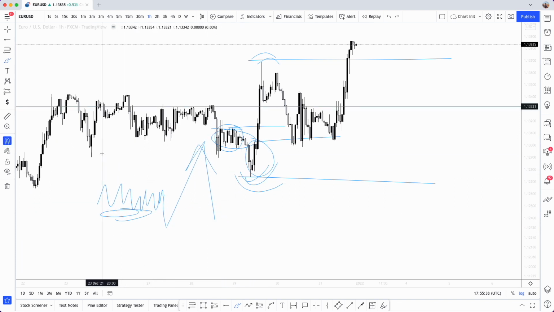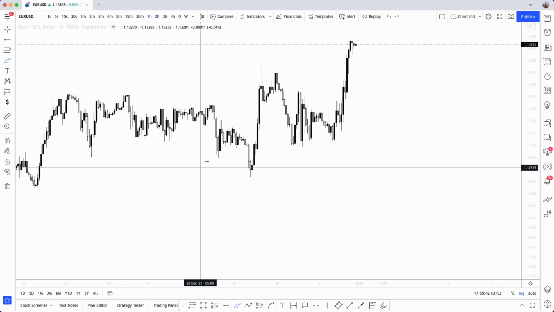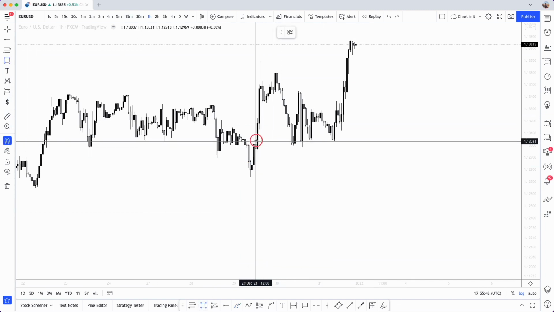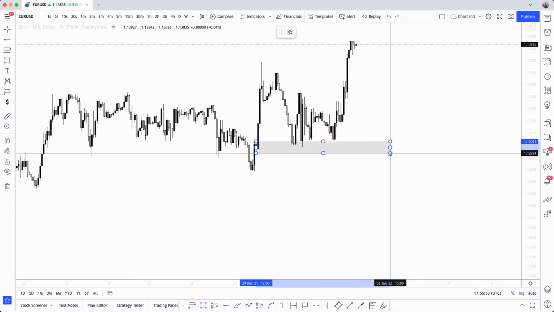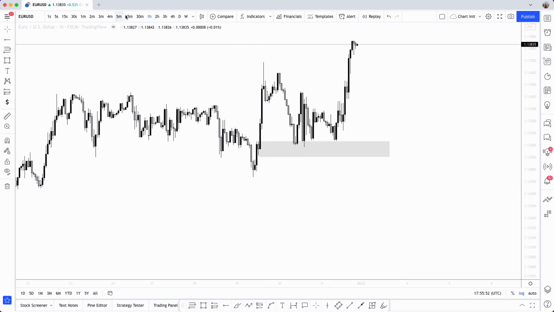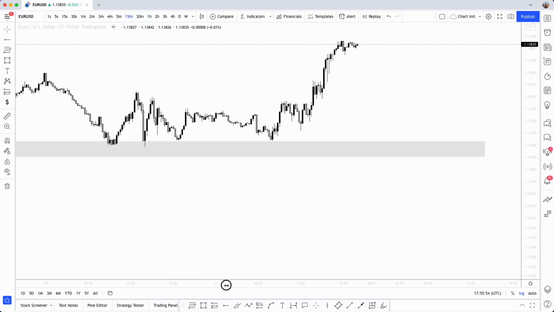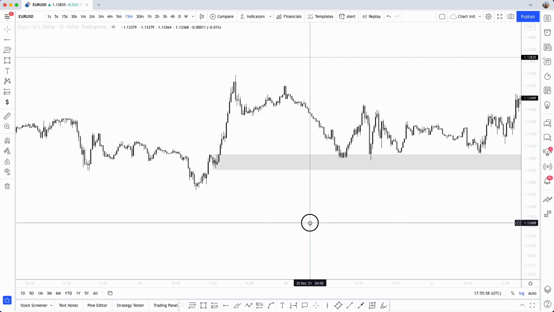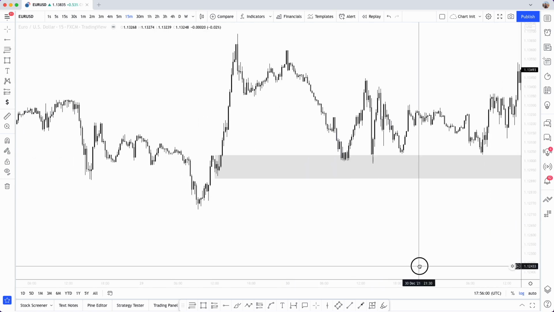Okay, let's get rid of that. So now that we've said that, let's have a look into this candle and see what's going on there. So let me highlight this candle. There we go. So let's go 15-minute time frame, for example. So what we can see here,